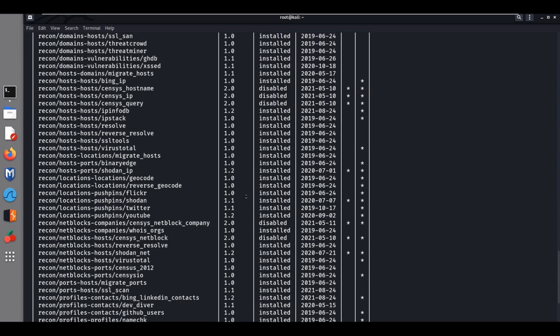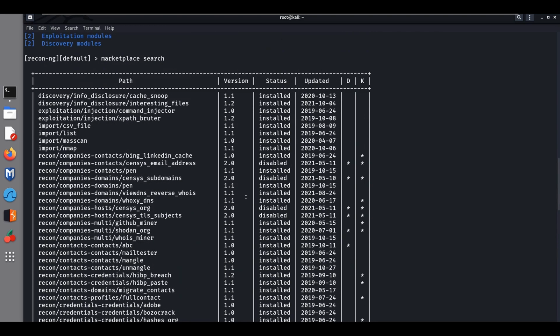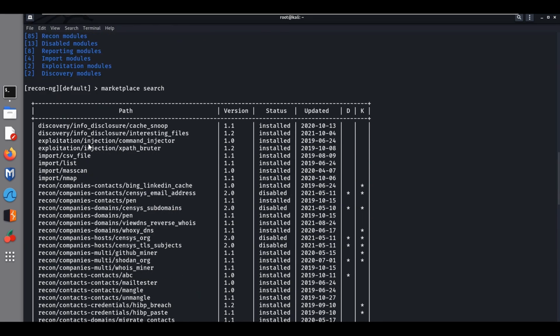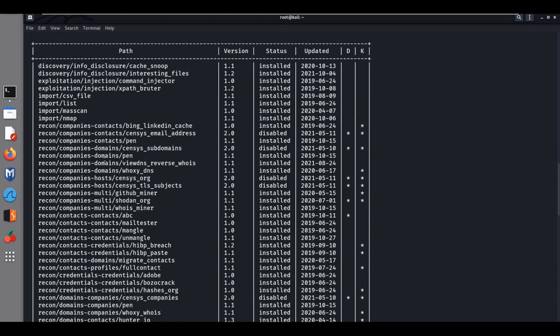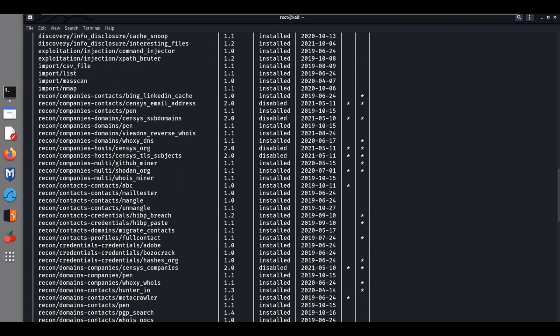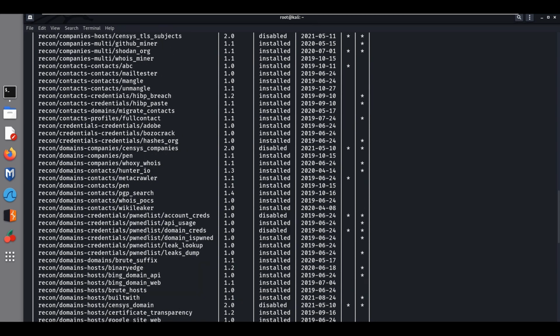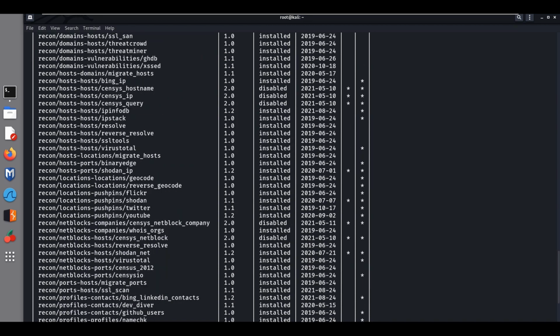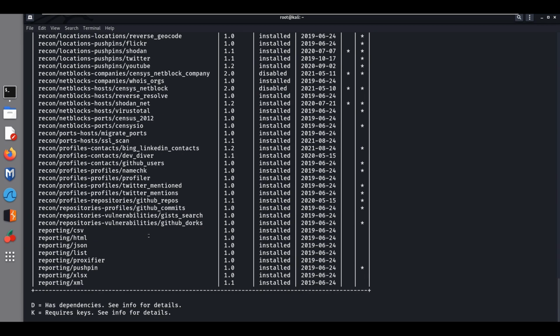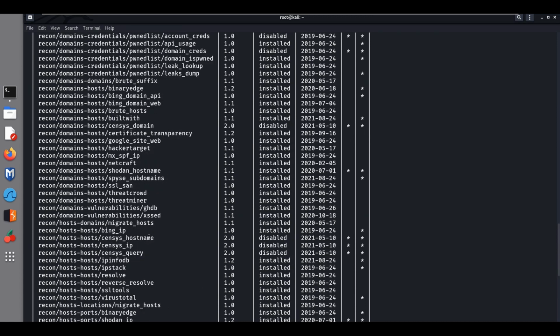Here you can see that we are getting a lot of marketplace modules, including disclosure, cache, contacts, domain names, hosts, breach, whois, proxies. There are a lot of marketplace modules there.